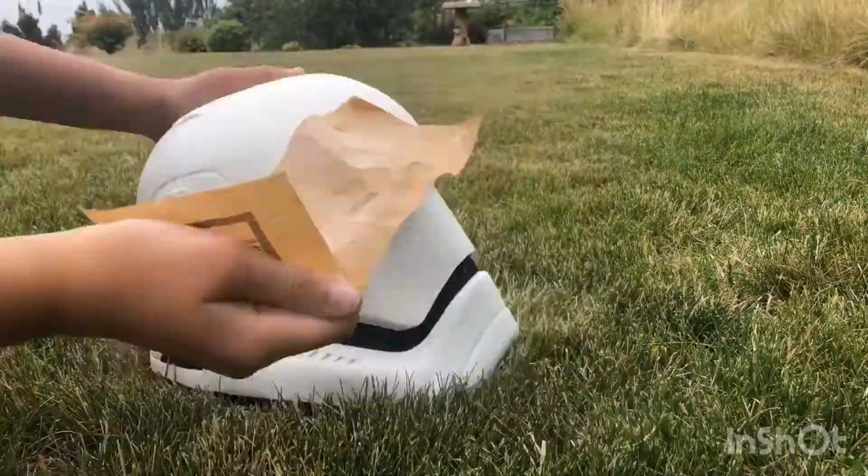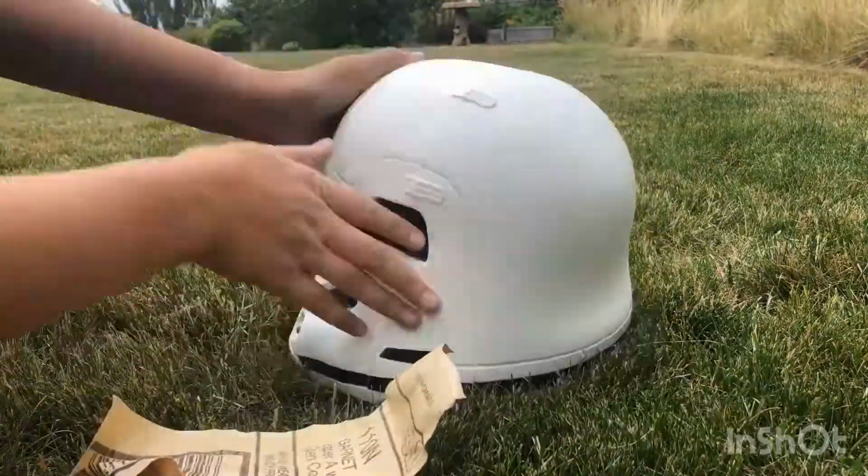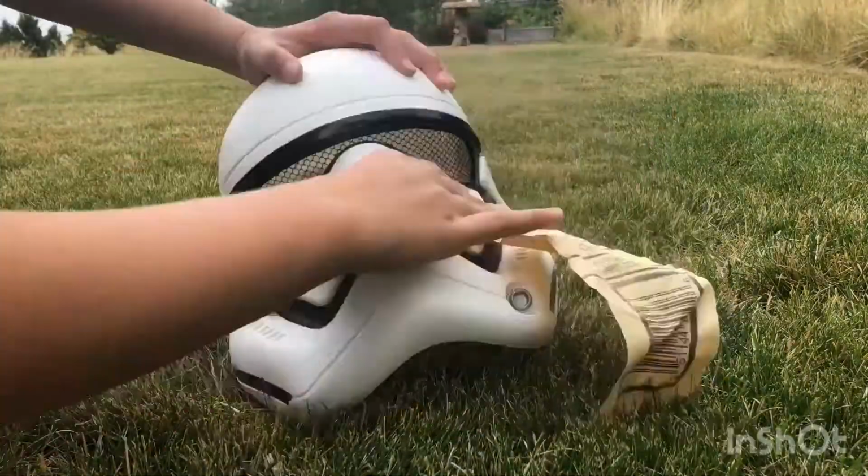I use 220 grit sandpaper. Make sure you don't use something too hard. You don't want to roughen up the helmet too much. And just make sure you're getting everywhere, and every little crack, every single piece of this helmet needs to be